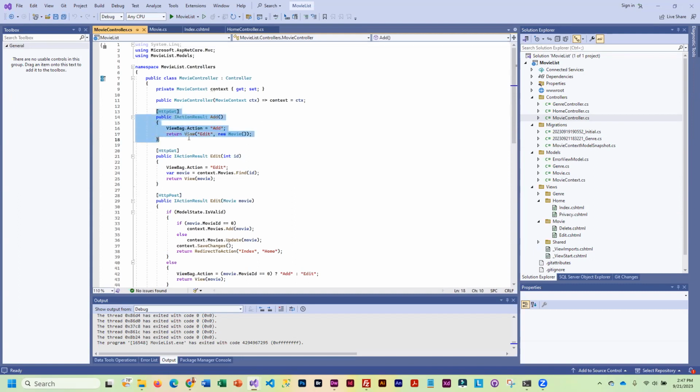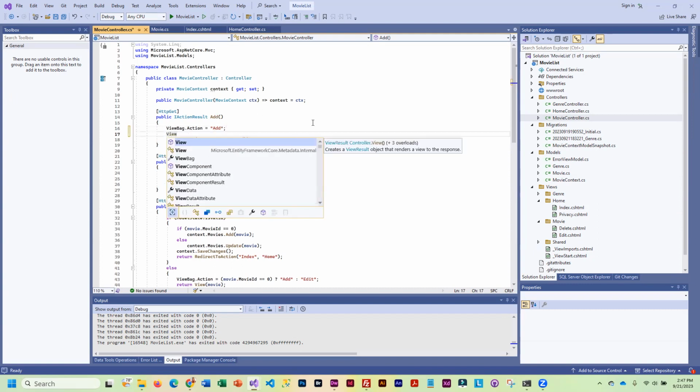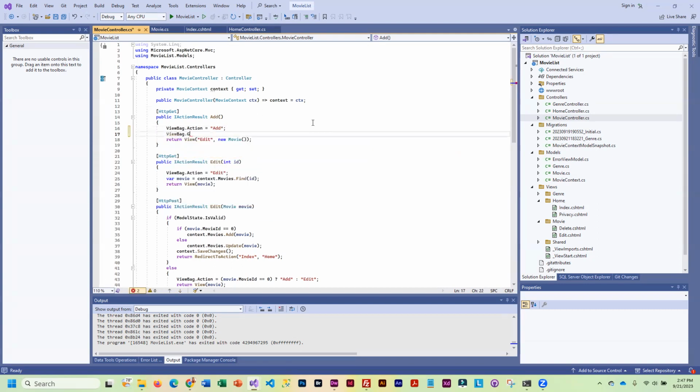And this is the get that we're looking at. So when they first post the form, we do need to pass along genres. And how we're going to do that is we're going to do it in a view bag. So we're going to say view bag dot genres